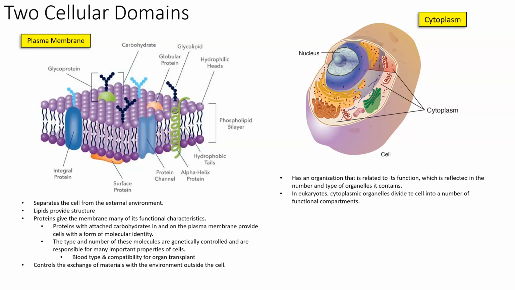The membrane consists of a lot of different structures that help to separate the cell from the external environment. The cell membrane really does two things. One, it serves as a boundary between the inside and outside of the cell. It also, because it's a boundary, serves to control the exchange of materials that are going to be swapped between the inside and outside of the cell. Most of what is moved from inside to outside or outside to inside is going to be moved through channel proteins, which are one of the protein components of